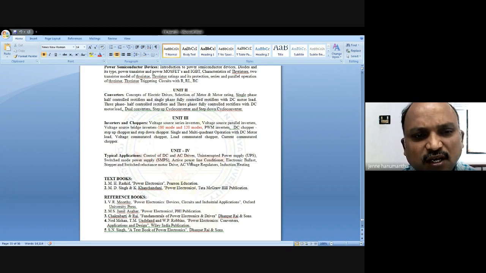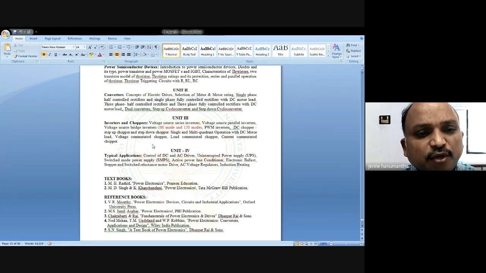So there is one application of the thyristor. It works as an inverter, a good inverter, right? In place of SCR, you can also place IGBT or MOSFET for converting the same DC to AC. But those are low level applications. For high level applications, you prefer SCR or thyristor.